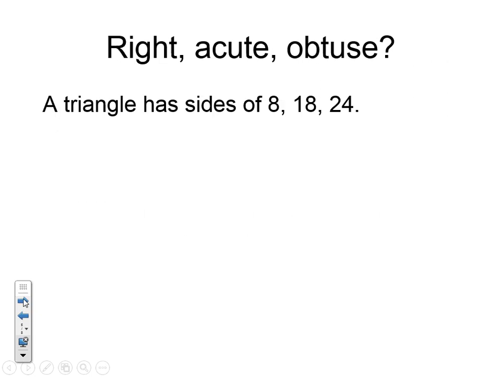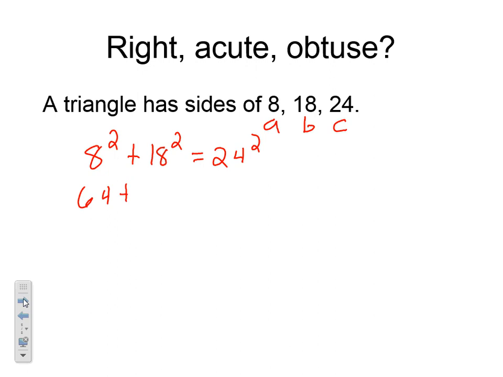All right? So for each one of these examples, I'm going to give you 3 side lengths of a triangle, and we have to determine if it's going to be a right, acute, or obtuse triangle. So here, this is going to be my A, my B, and my C. My hypotenuse, which is my C, always has to be the largest number. So I'm going to have 8 squared plus 18 squared equals 24 squared. 8 squared is 64. 18 squared is 324. And 24 squared is 576. Now all we have to do is add those two together. So 64 plus 324 is